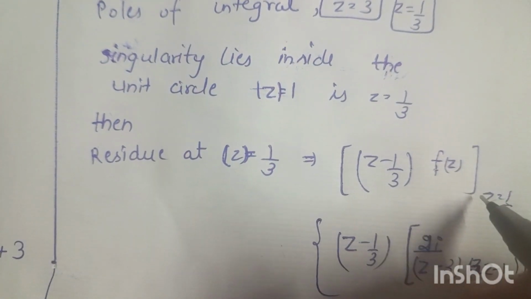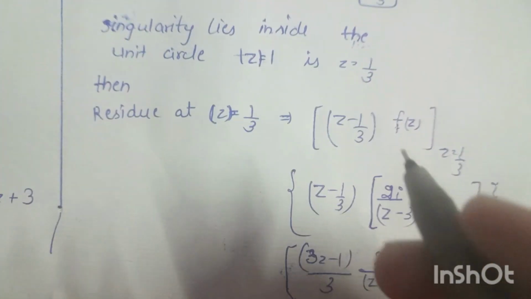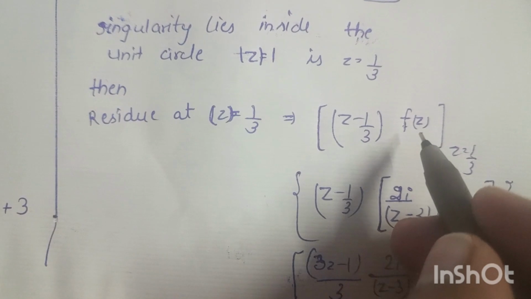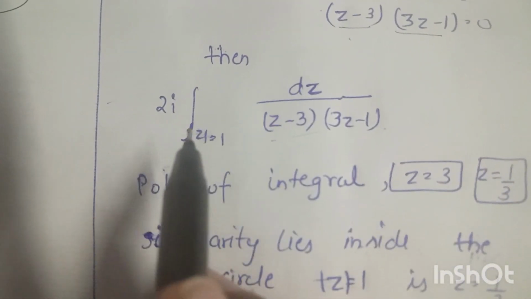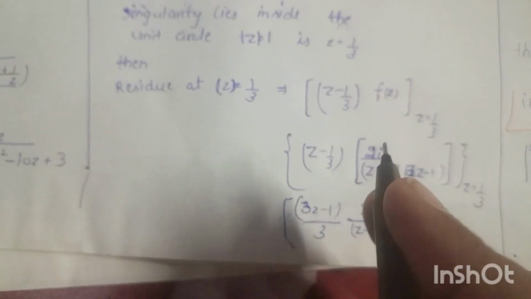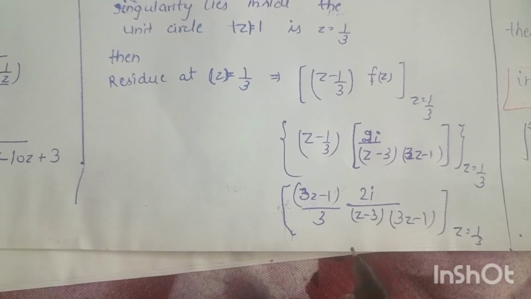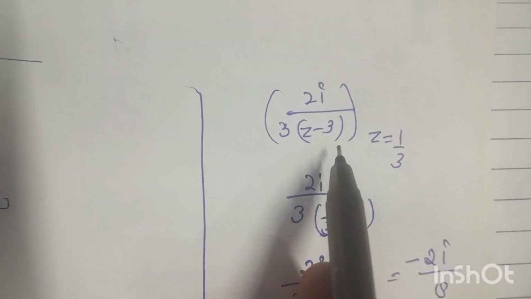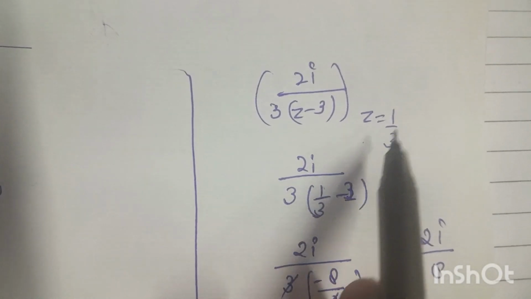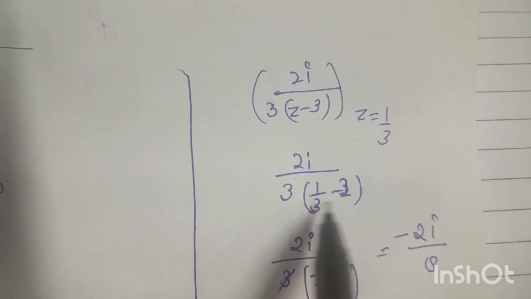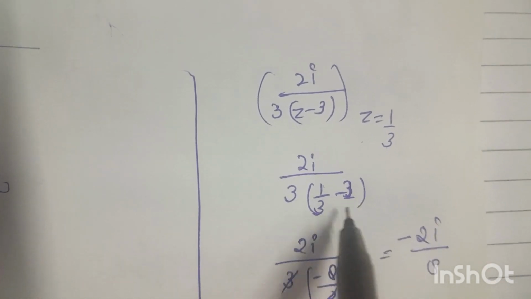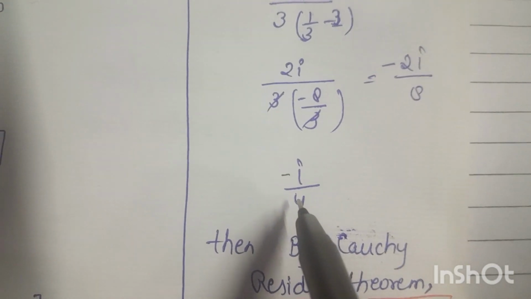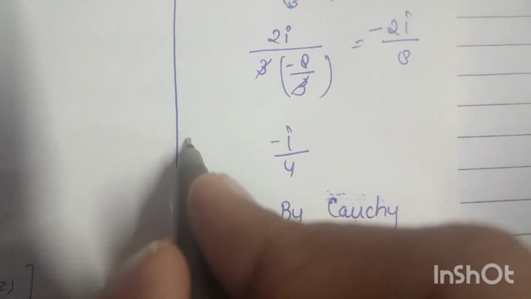By the formula, we put this value, and then we put the function, that is, this is the function we have. So we put the value of the function here, and after solving we get this. Okay, so then we put the value of 1 upon 3 in this equation, and then after solving we get the value of the residue for z equal to 1 upon 3